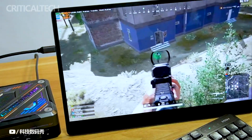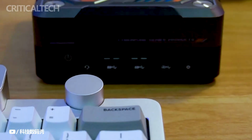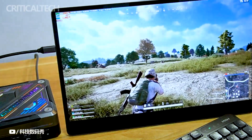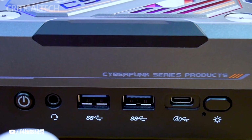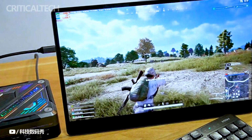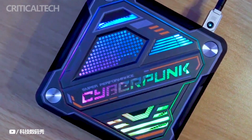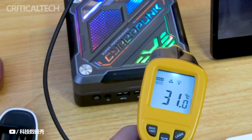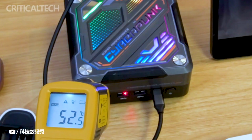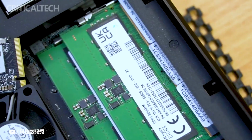For those who demand even more power and storage capacity, the AooStar GOD78 Cyber offers an upgraded model. This version comes with a generous 32 gigs of RAM, which is excellent for intensive tasks like video editing, 3D rendering, and virtualization. Moreover, it features a spacious 1 TB of storage, allowing you to store large files and a vast library of games or media. Priced at $749, this configuration offers enhanced performance and storage capacity, making it the go-to choice for users who require